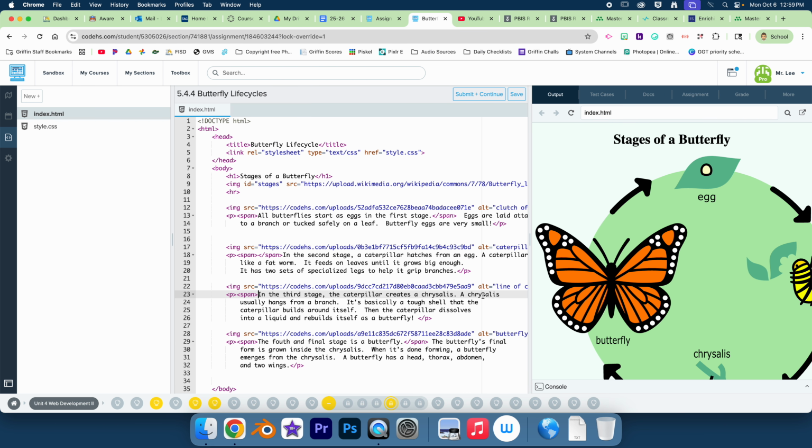Command X, Command V, Command X, and Command V. All right, so now every first sentence has a span wrapping,